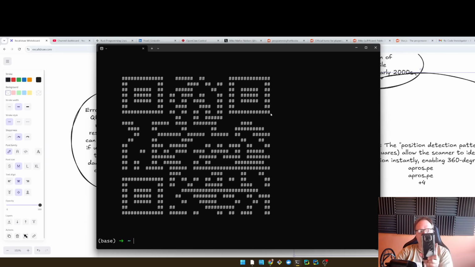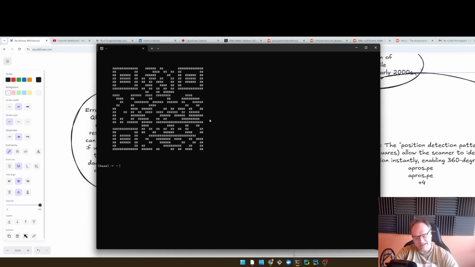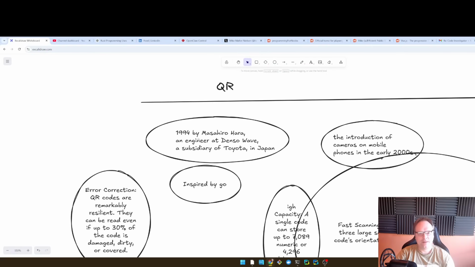So for some reason it does not work. It should work. Yes, it works now. It's just too big. Okay. And it points to codeinvestigator.com. Yes, so it works. Thank you very much, Japanese guy,